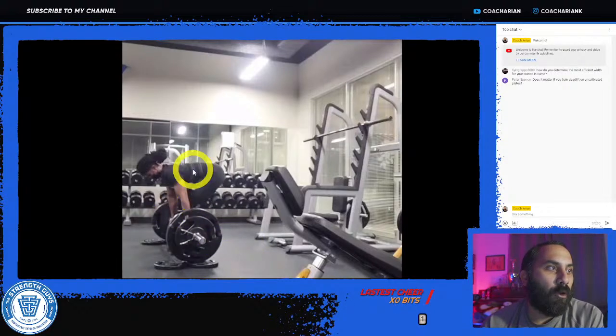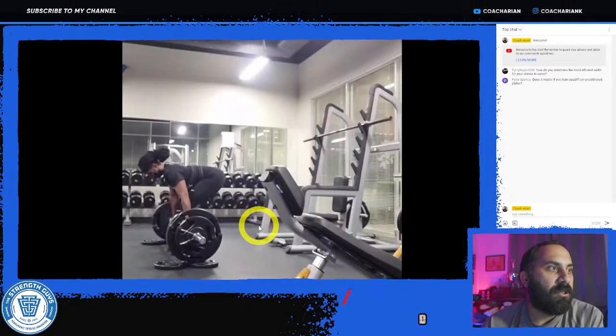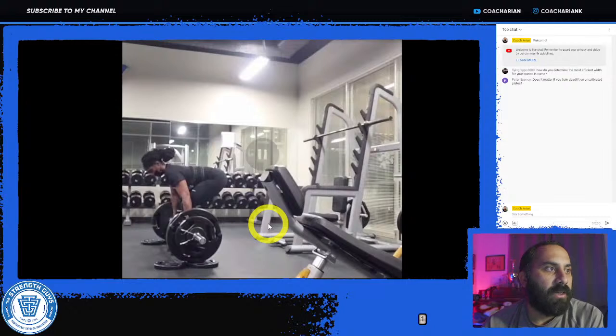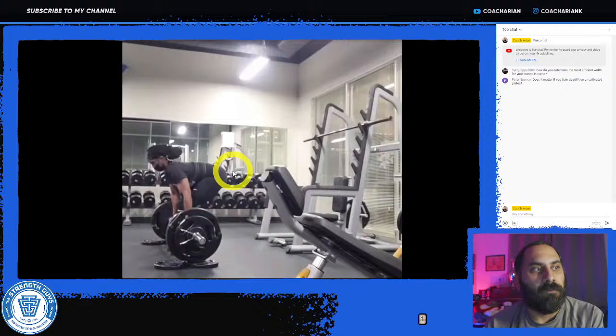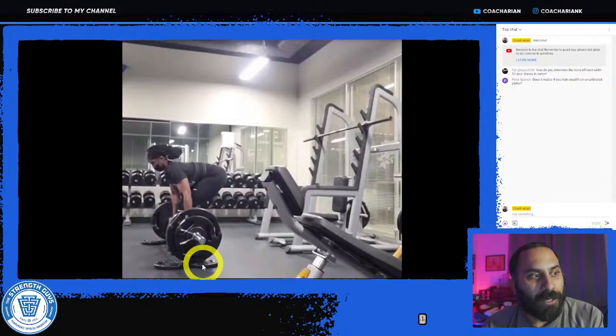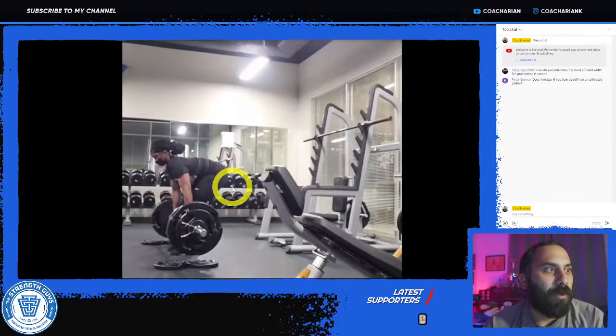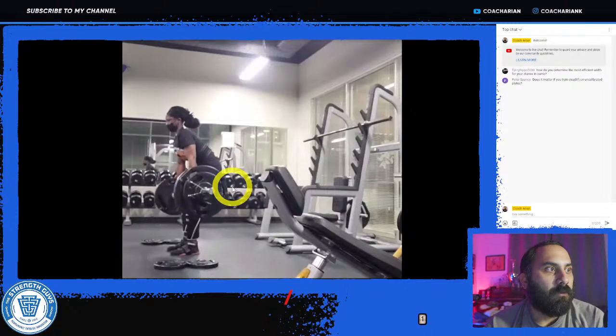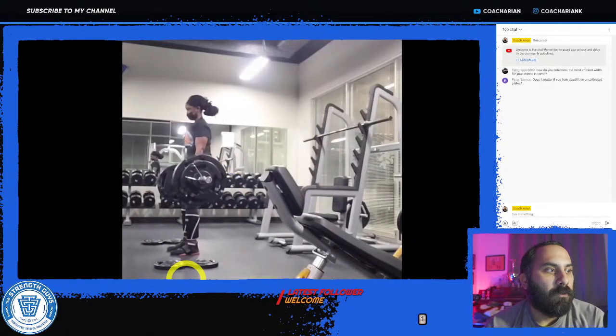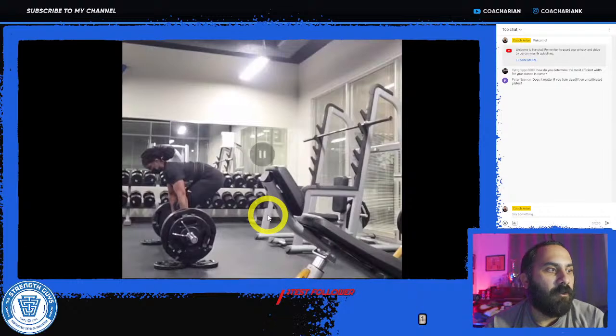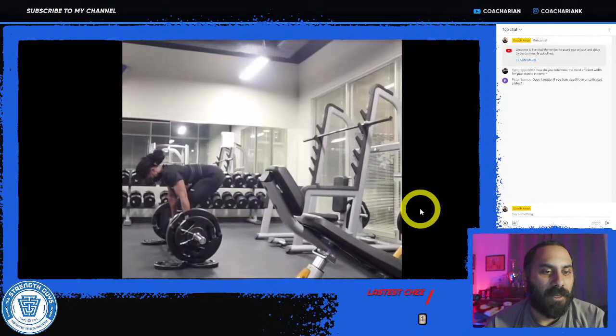For her, with the position she has to get in for a starting position, it could be difficult on the back, so we've been going with these plates instead. You can see from here the way she's built, it's a very high hip position, and she has to bend over a lot to grab the bar. Going into a slight deficit makes that even more difficult and could put more stress on the lower back and cause some more back rounding. So we've been going to these blocks to get them closer to the right height, or if it is a little bit above, it's not a big deal.